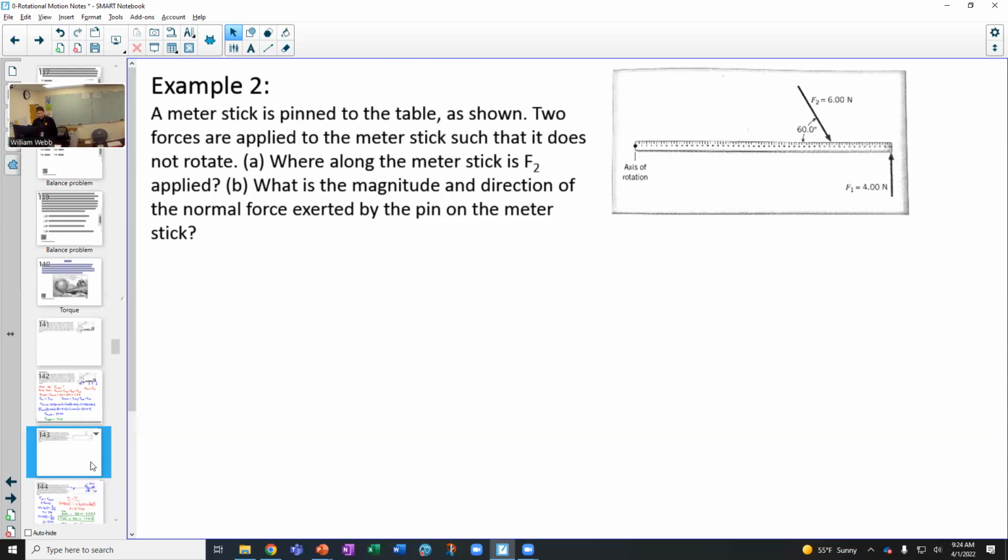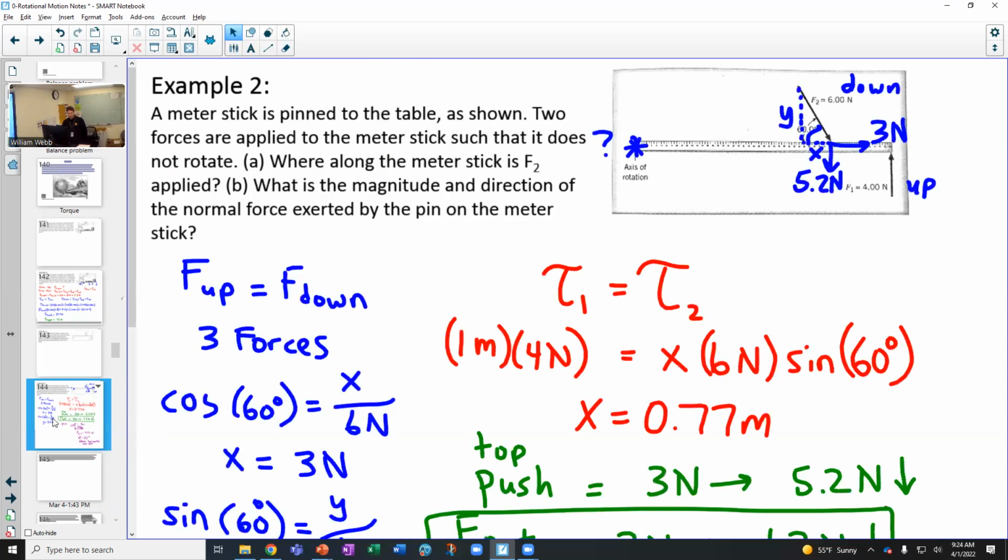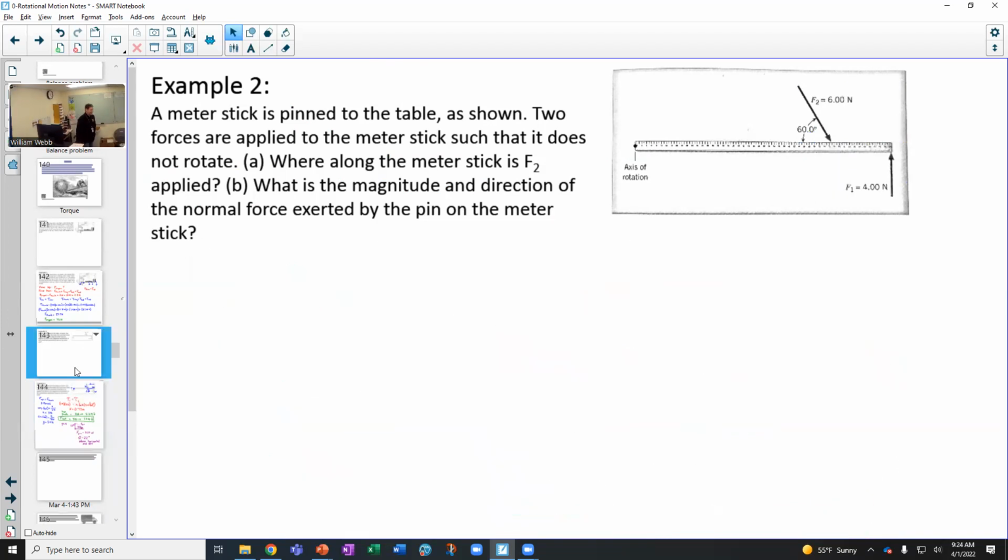All right, so let's piece this together. I forgot to cover that. I had it written down, but I'll show it to you. It'll save a little bit of time, because that way it'll give you some time to start working on your own. We'll go back. All right, so with the forces,